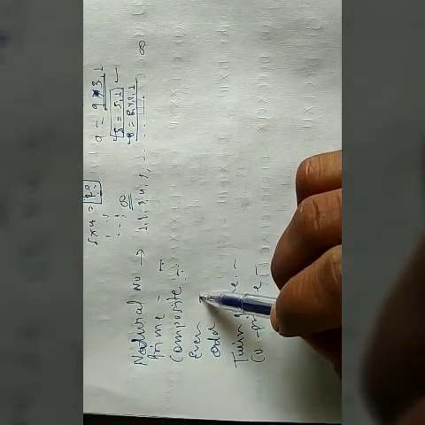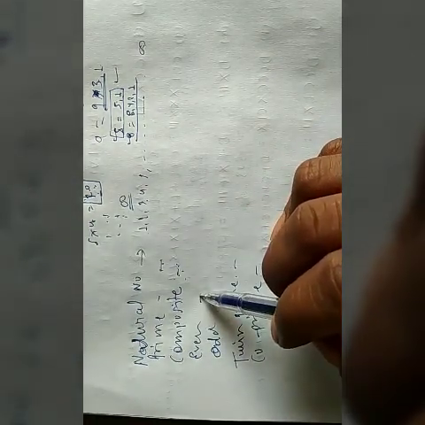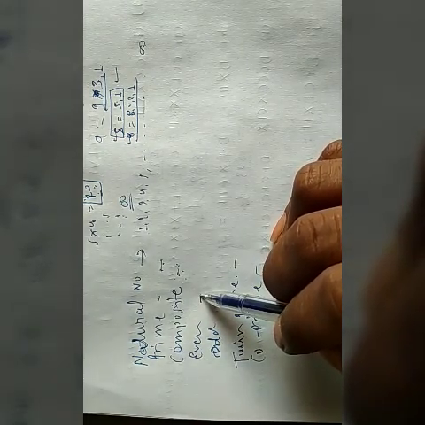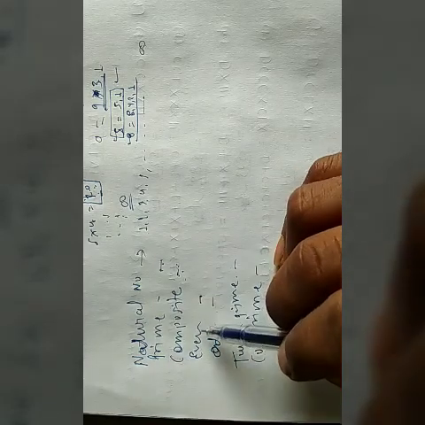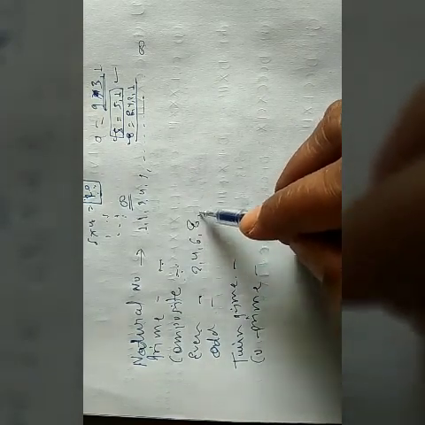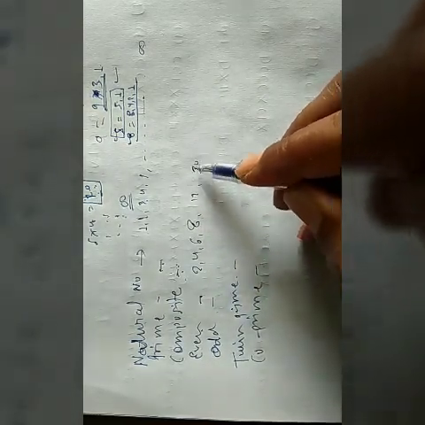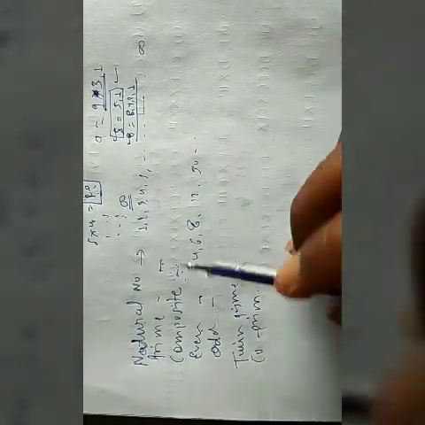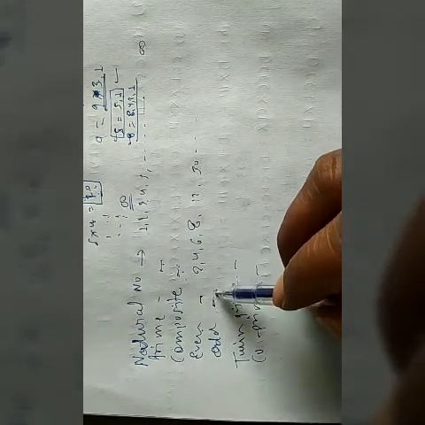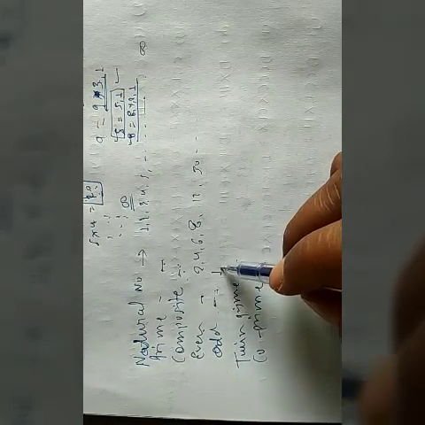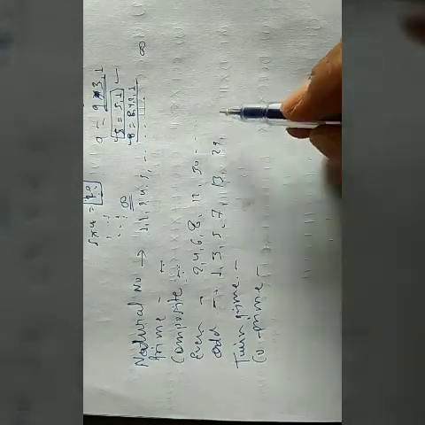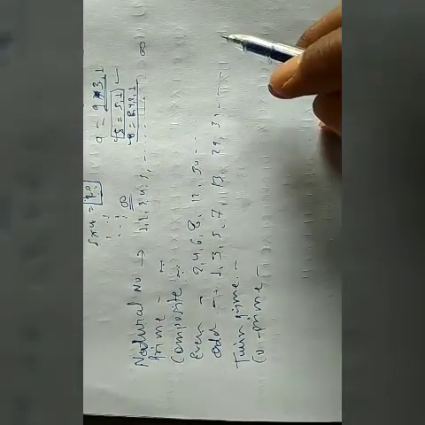Even numbers are the numbers that can be divided by 2. All the numbers that can be divided by 2 are called even numbers: 2, 4, 6, 8, 12, 30, and that is infinite. Odd numbers are simply the opposite of even numbers, the numbers that cannot be divided by 2. All the numbers that cannot be divided by 2 are called odd numbers, also infinite.